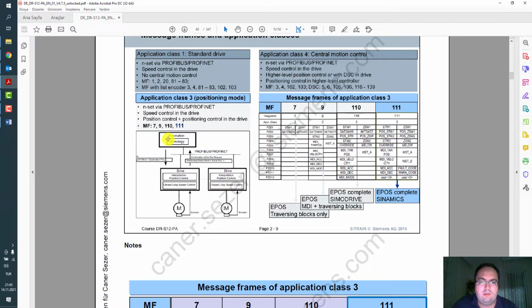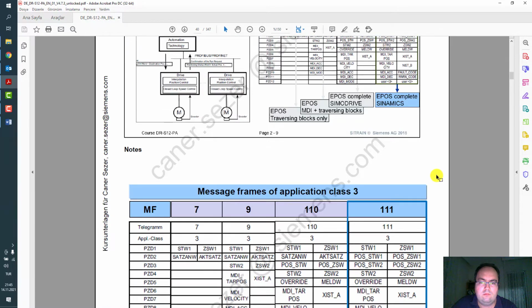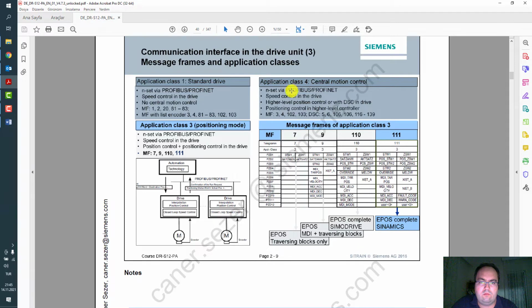In this case there is an automation PLC and there are 2 drives. For application class 4, we usually use technology objects in SIMOTION, like axis TO, or in TIA Portal with STEP 7 1500 CPUs.